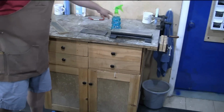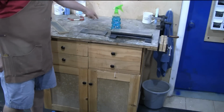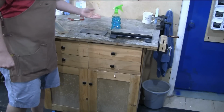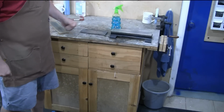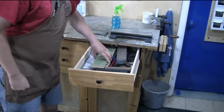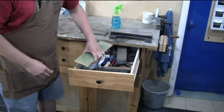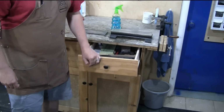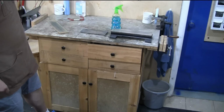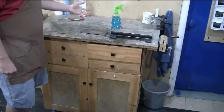If you look in the back of the bench, there's a bunch of holes and things back here. At one point, I'd actually put stops in place. If you guys have seen those jigs floating around, I know Lee Nielsen did a video on it, where you have the various stops that you set your blade against, and it sets the projection on a honing guide, because I was using honing guides at the time. I still have one somewhere, one of those Eclipse style guides. It's in the back there. I was using a Veritas MK2 at the time, and I was using those as a quick way to set my blade projections. I eventually gave up on that, moved on to something else,